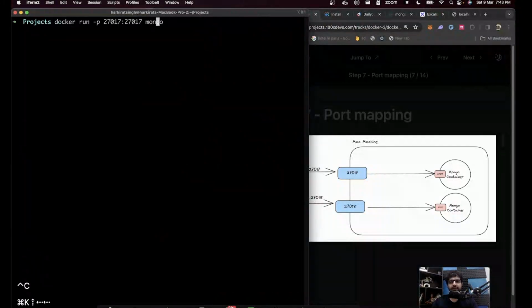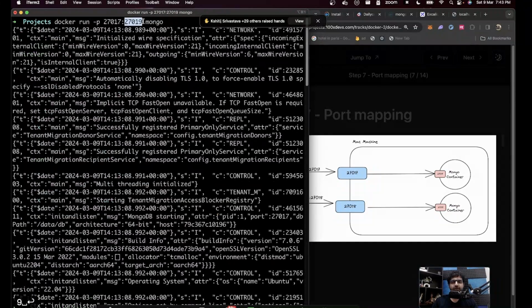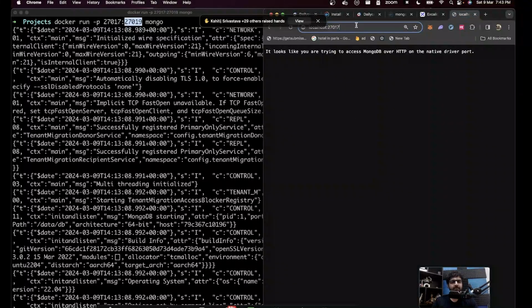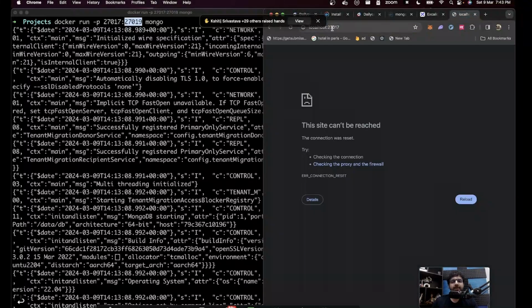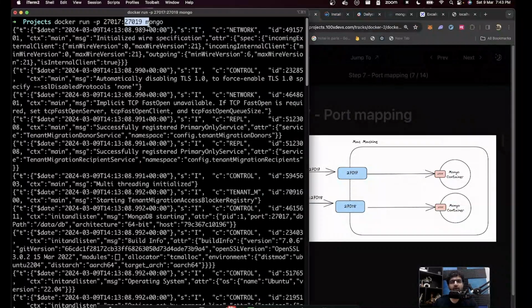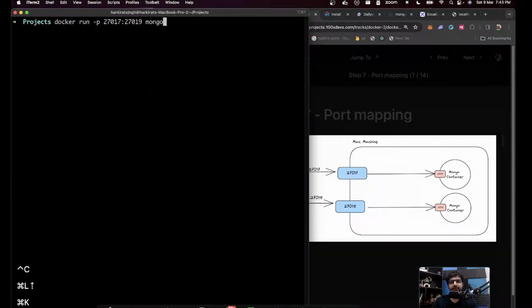Harkirat, what happens if you change the second one to 27019? There is nothing running on 27019 on this Mongo container, and hence my machine will basically arrive at nothing. It will start to hit this endpoint of the Mongo container, which is not running anything, which is why I won't see anything.